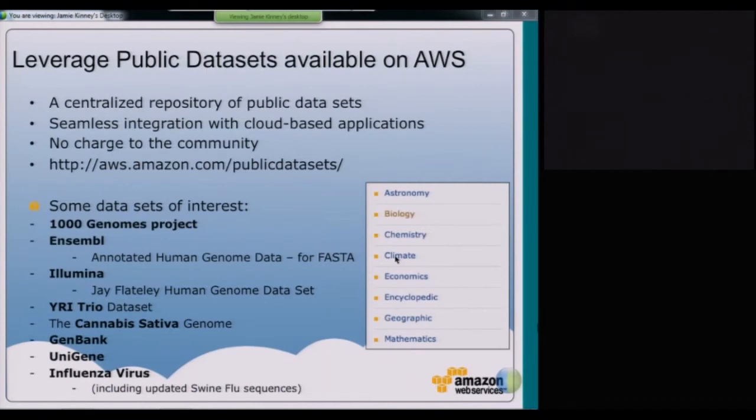If you don't have to source data sets and pull these in from various locations around the world, if they're all just immediately available to you, you're going to be able to focus on your scientific mission instead of having to spend time on the administration of not only provisioning infrastructure, but having to go find all of the component data sets that you might need to be able to